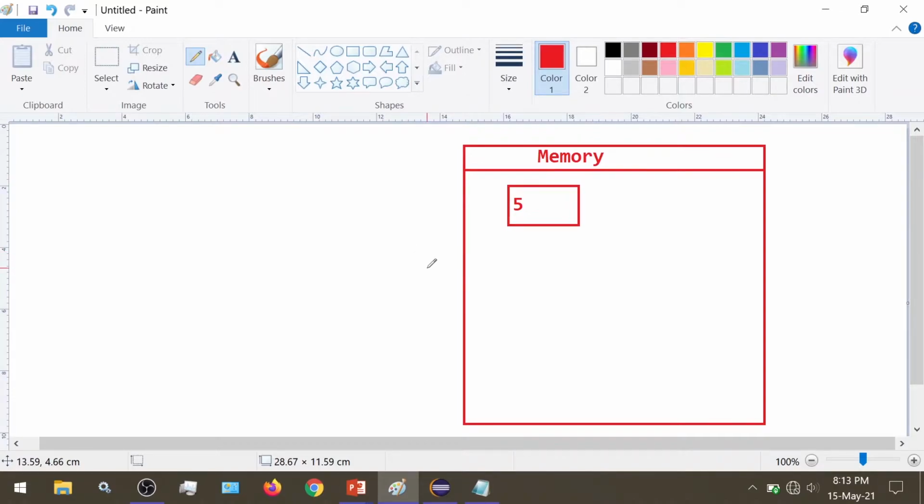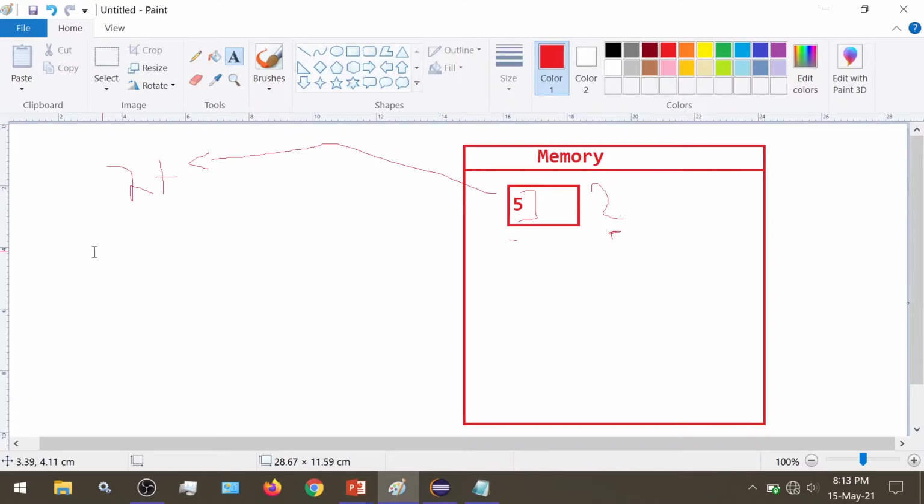But at a future point, if I want to add the number 2 to the number 5 which I stored earlier, how do I access this 5 stored inside my computer's memory? I need some mechanism to access the data I have stored. That's where the concept of variables comes into the picture.